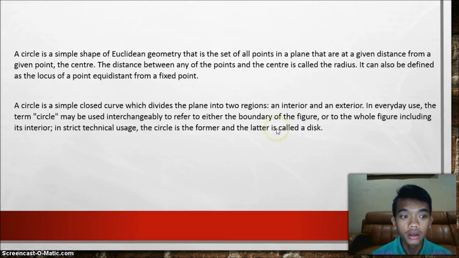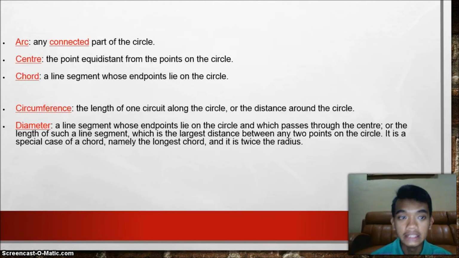In everyday use, the term circle may be used interchangeably to refer to either the boundary of the figure or to the whole figure including its interior. In strict technical usage, the circle is the former and the latter is called a disc. So, what is an arc? An arc is any connected part of the circle. Center is the point equidistant from the points on the circle, while a chord is a line segment whose endpoints lie